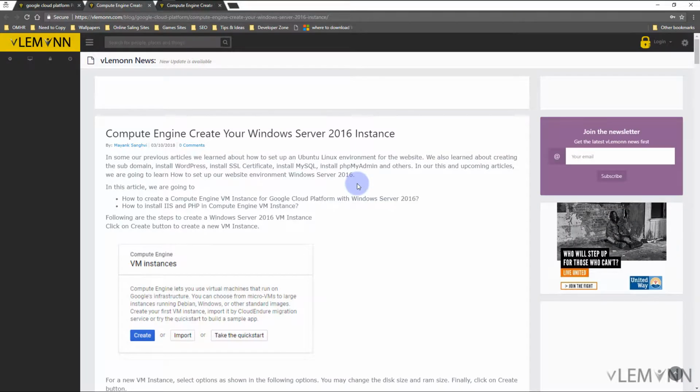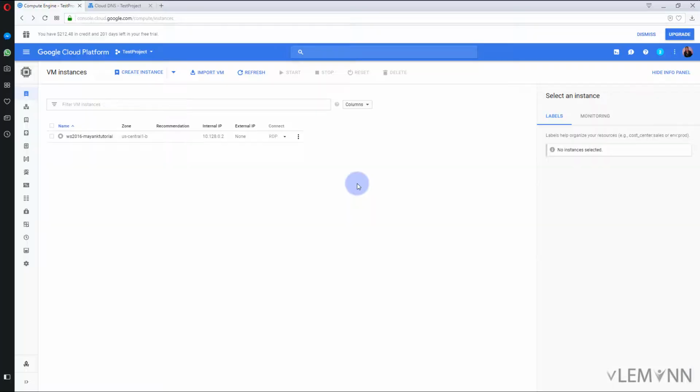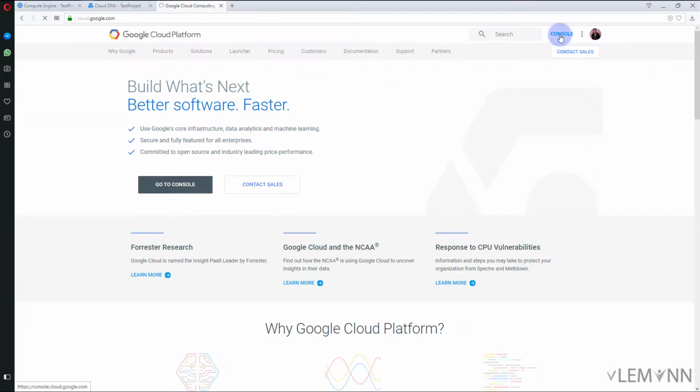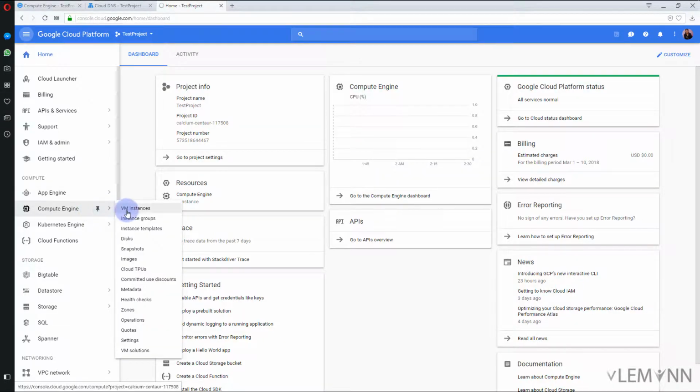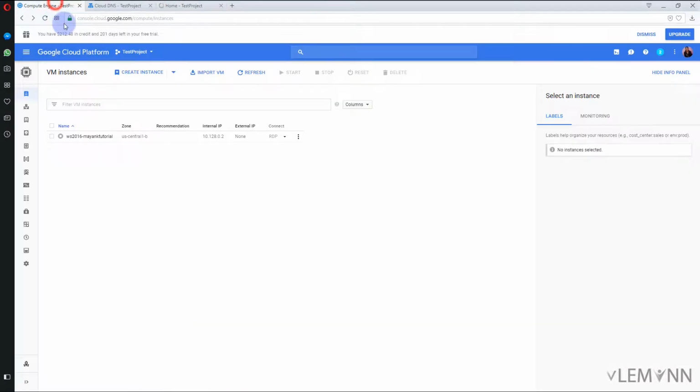In this video, for creating a Windows Server 2016 instance, we are going to first open cloud.google.com. Then you need to click on Console, and then select Compute Engine, VM instance. Okay, so I already opened this page. Now here I want to create a new instance. For this I am going to click on this,